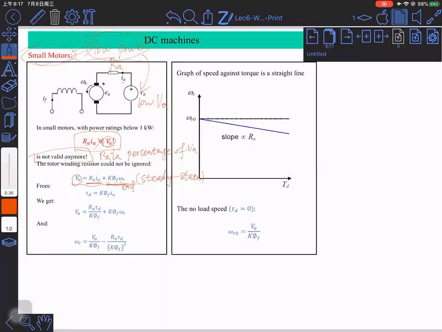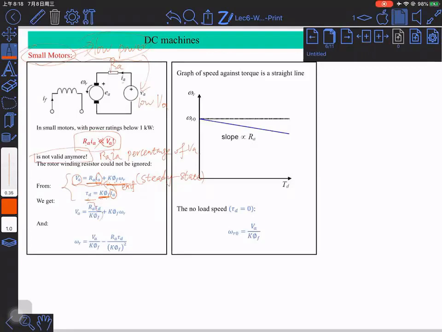And we know that the torque is also proportional to the machine construction constant, the field flux phi F, and the armature current. So if you look at those two equations, we have the chance to replace IA by using the torque. Obviously, IA is equivalent to the torque divided by the product of K and the field flux phi F. If you substitute this back into the Kirchhoff's voltage law equation, what we can have is that the terminal voltage VA is going to be a function of